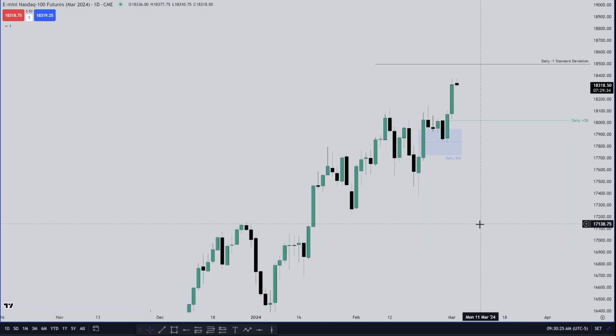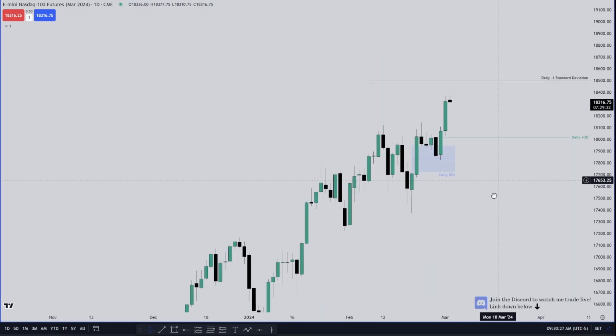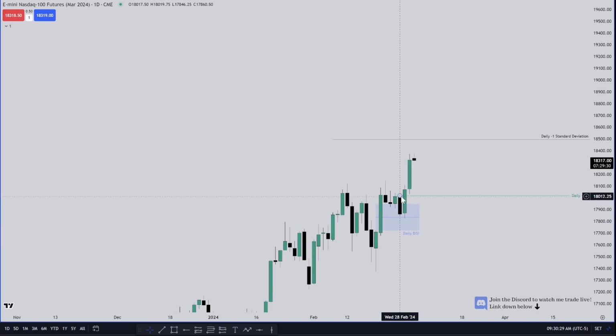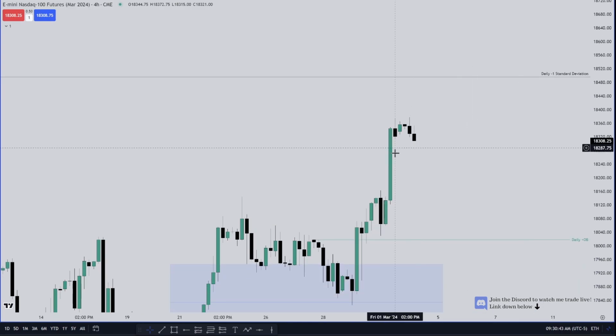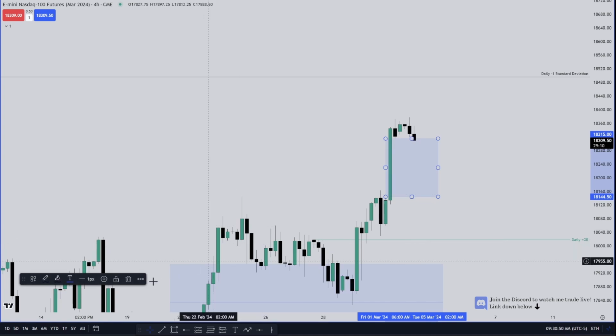If you haven't watched the weekly analysis video I posted yesterday, this order block here is basically my drawn liquidity for this week, this daily standard deviation, this large 4-hour fair value gap here. If you take that and draw it through,